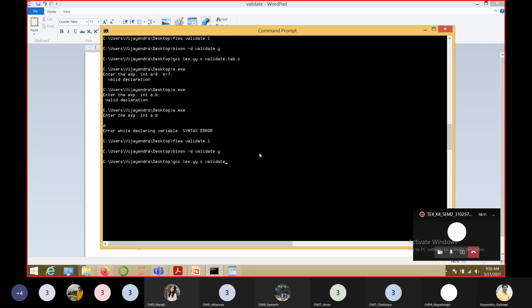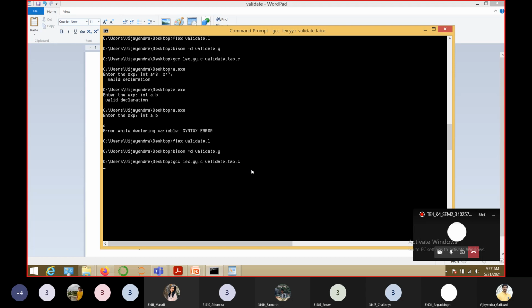Remember, we are compiling the lex.yy.c file using our C compiler, and along with that we are also compiling the yak compiler output file. What was the name? validate.tab.c. Understood this? Clear? So now press enter.